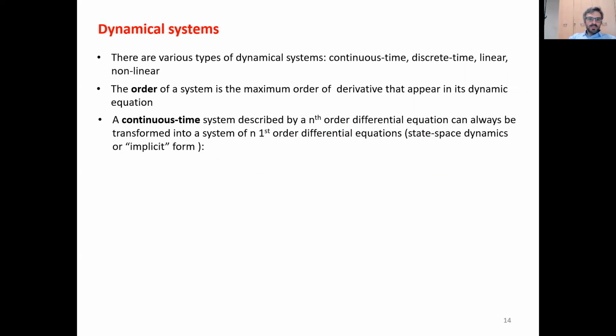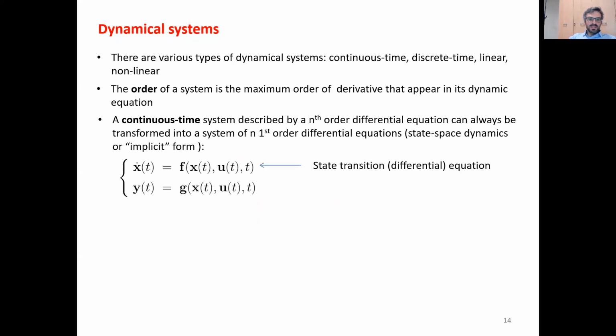And this is called the state space dynamics or implicit form. We see it's like that for nonlinear systems. This is the transition equation, and this is the output equation. So this describes the evolution of the state. And this one describes the fact that as output, we might not